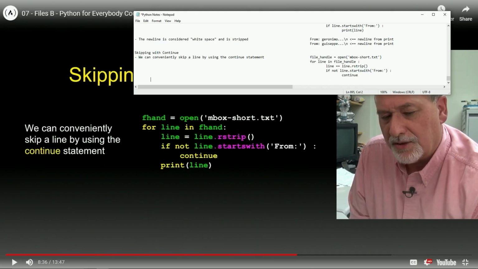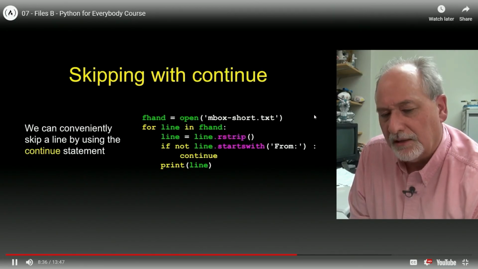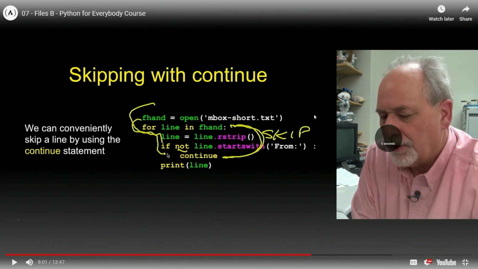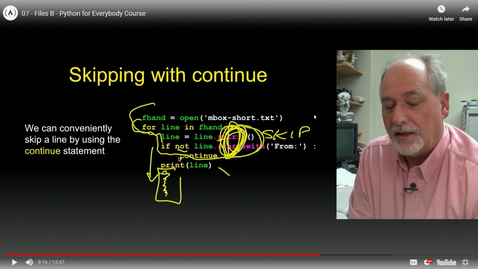All right, so we're outside the if statement. We're doing print line. All right, so that's what we're doing right there. Now we should be good. Let's go forward just a little. So right here, let's watch the transition one more time.